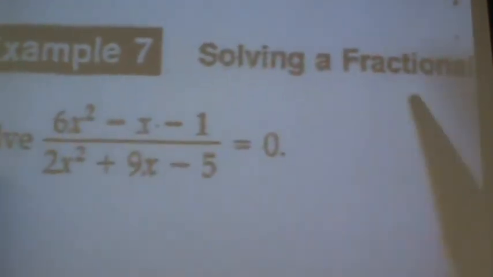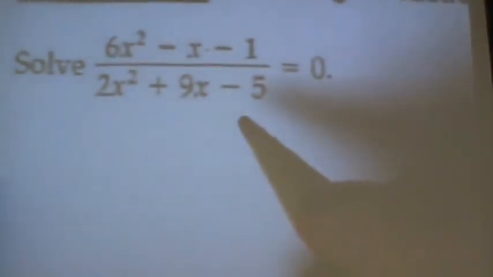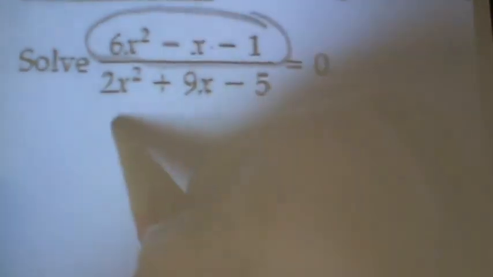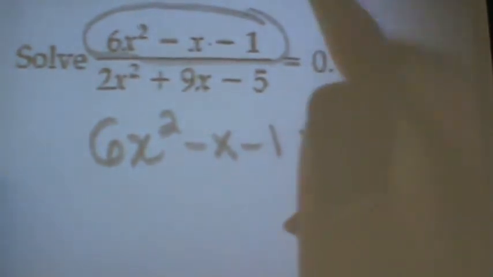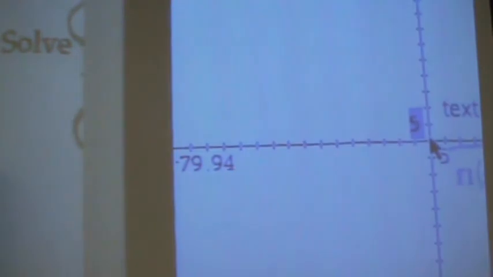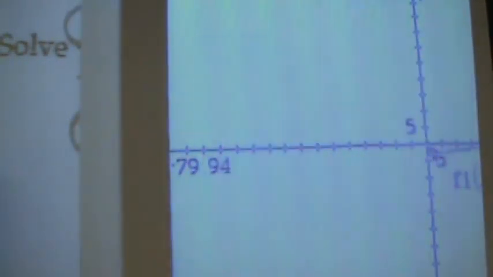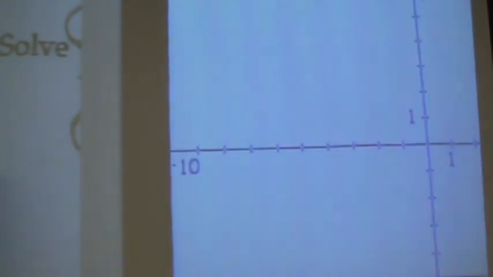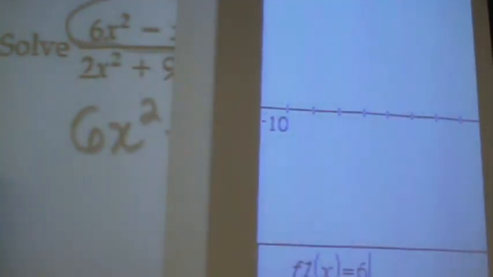And the last one, we're just going to jump right into technology. How would you solve this one? We're going to set just the numerator equal to 0. And tell me what the two answers are. Six x squared